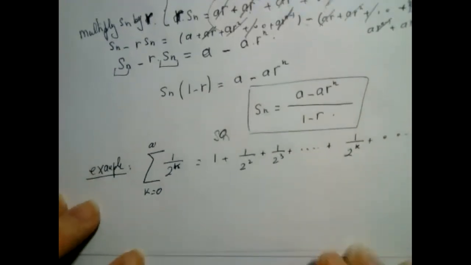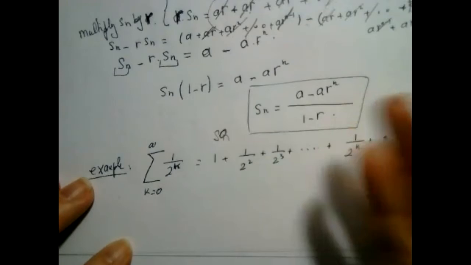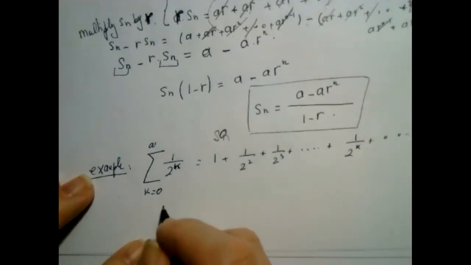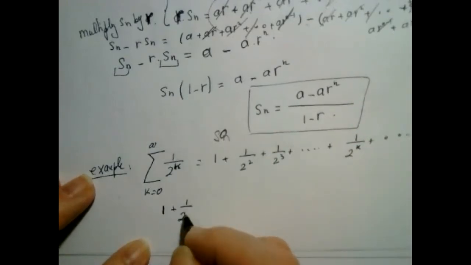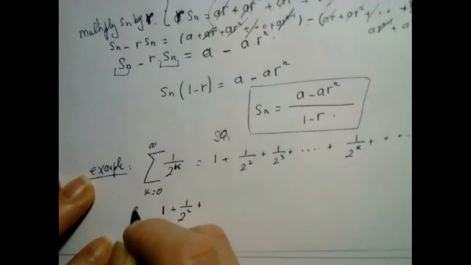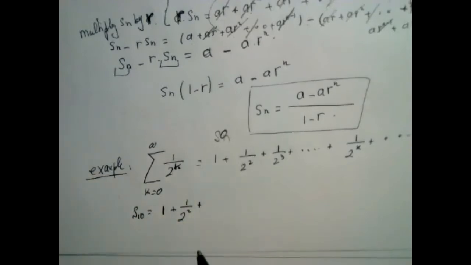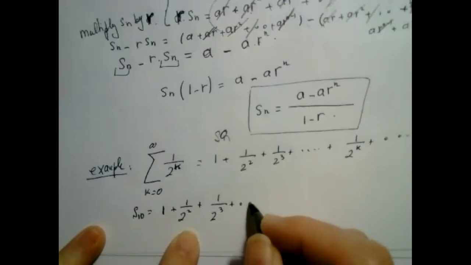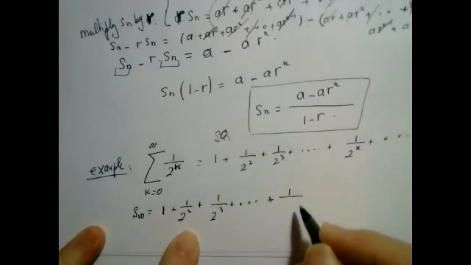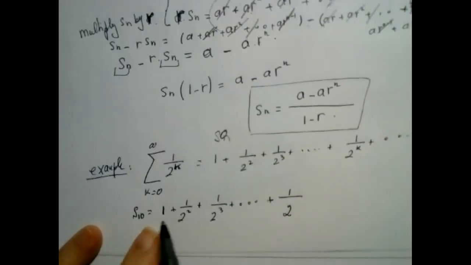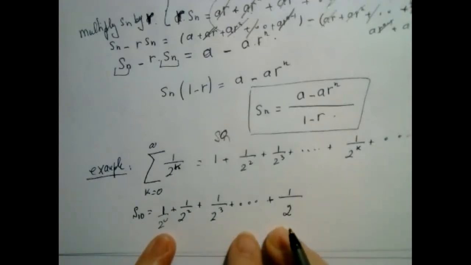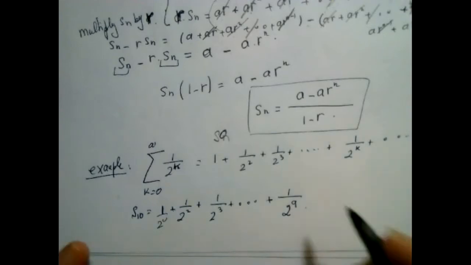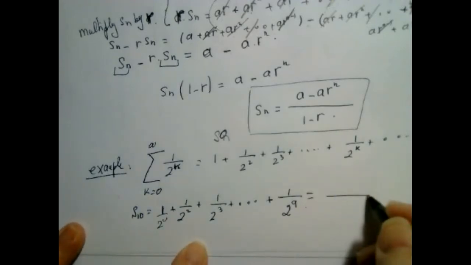Okay, and let me compute the sum of the first 10 terms. So I'm going to compute S10, the sum of the first n terms, 1 plus etc. And because I'm starting at 1 over 2 to the 0, and I want the sum of the first 10 terms, the last would be 1 over 2 to the 9. And what this formula tells me is that it's equal to